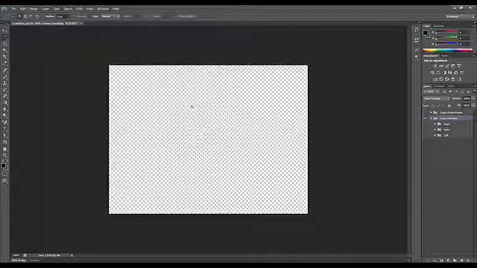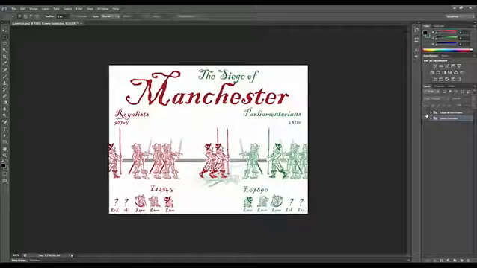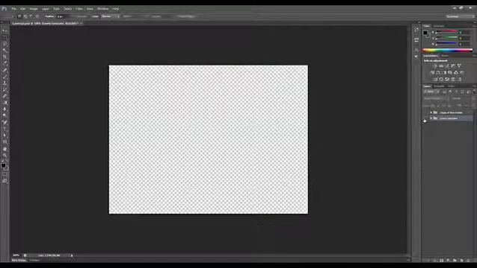My copy of Photoshop is probably a little bit different to the one in the college. It's probably a few years behind. It still does all the things it needs to do though. So you'll notice over here on the right, where my mouse is hopefully moving about, that I've got two projects. One is Lowry Simulator and one is Siege of Manchester. There's Siege of Manchester, I'll just hide that, we'll deal with that later.